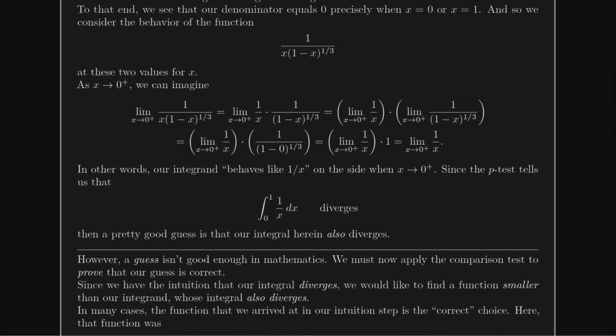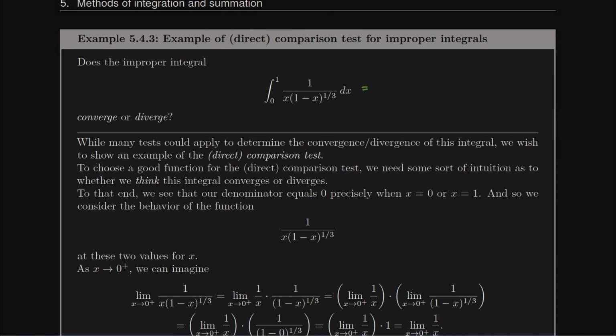And so because I can plug in 0 to that second limit, it's really behaving like this, right? It behaves like 1 over x near x equals 0. So if it behaves like 1 over x near x equals 0, then this is really behaving approximately like the integral from 0 to 1 of 1 over x dx. But how does this function behave? The p-test, in this case, what is the power there? The power is 1, says diverges.